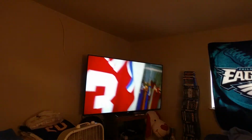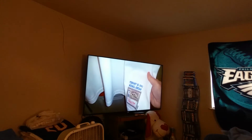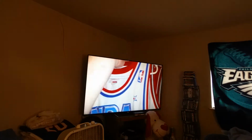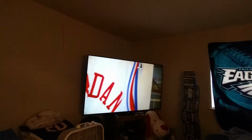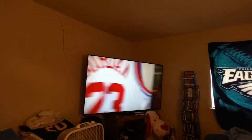So I had to have it. I'm going to move to the 91 All-Star, February 10th, 91. I'm actually going to do the NBA jerseys that I have for the 94-95 All-Star game out of the ones that the Mitchell & Ness released. And I'll go ahead and do the first one that I have here, which is shout out to Rob